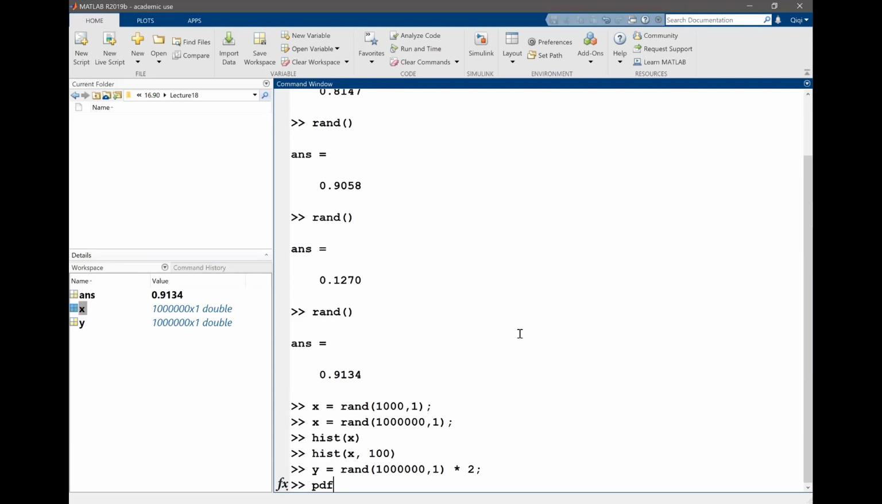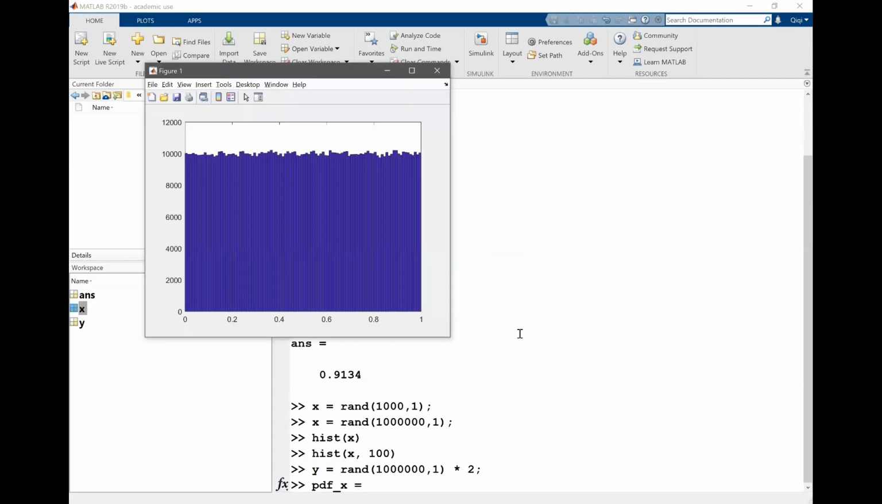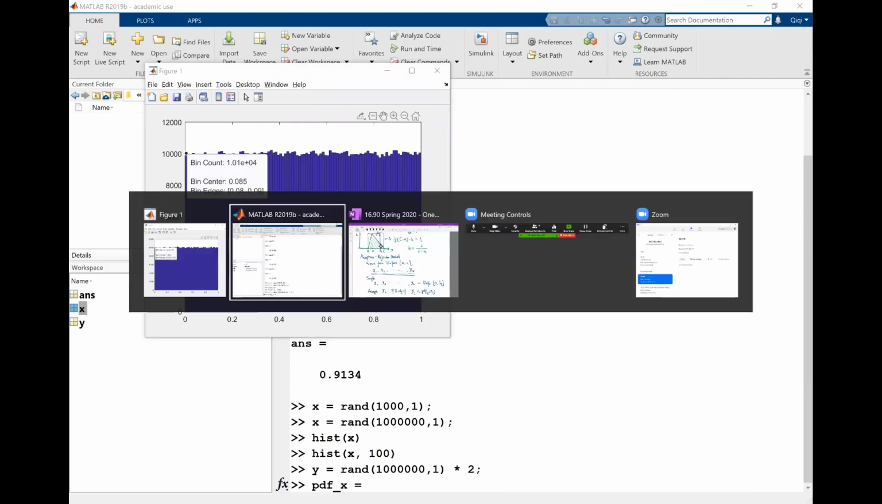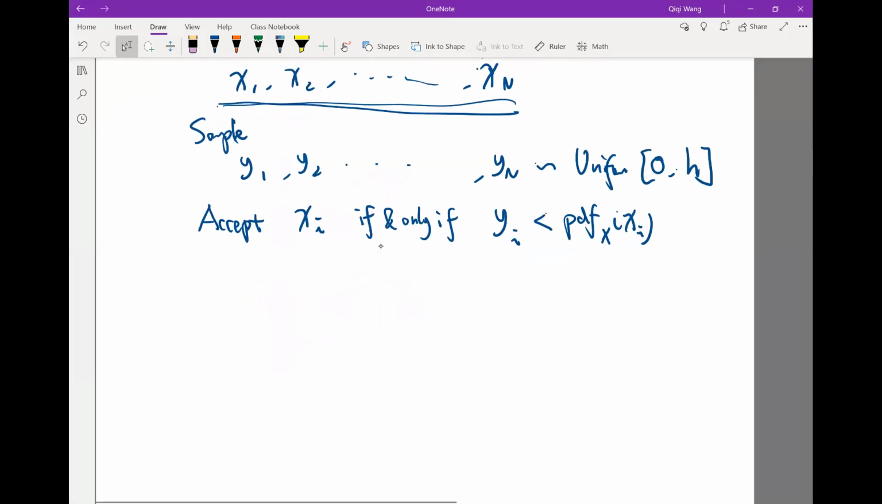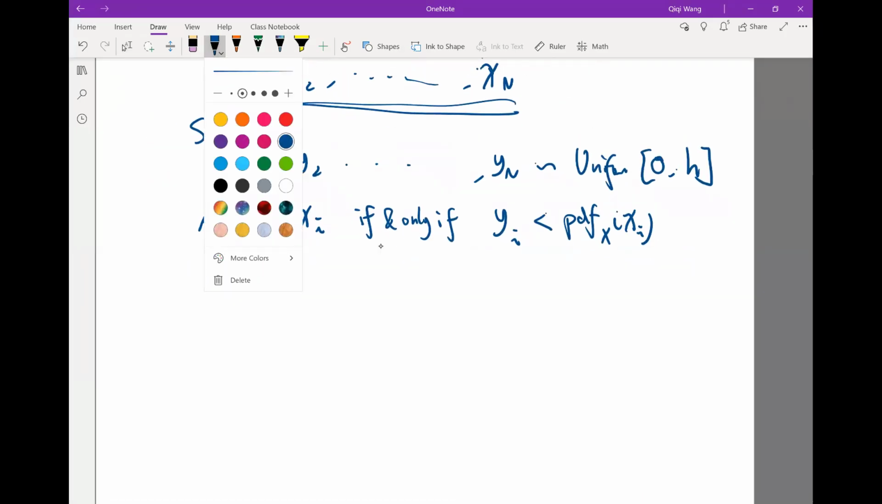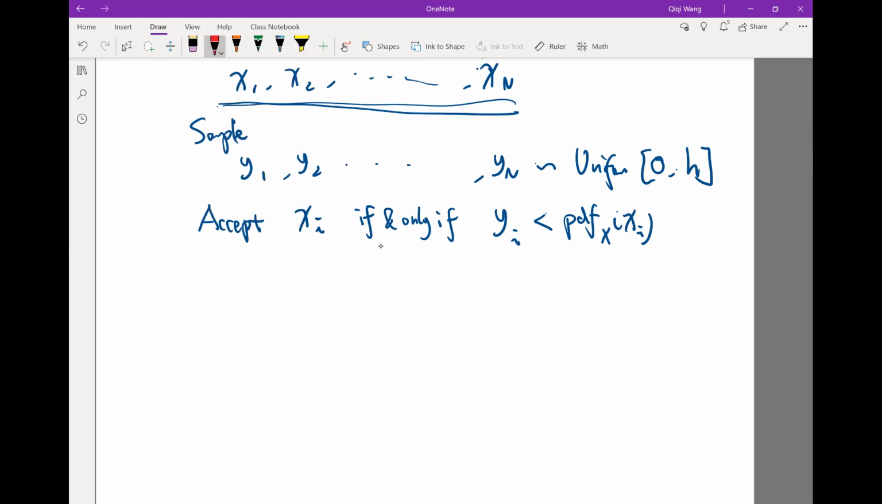Let me compute PDF x is going to be equal to, well, if I want a distribution that goes from 0 back up to 2, let's actually come back to here and compute the PDF for our particular example. So our particular example is we want a triangular distribution between 0 and 1. It peaks at 0.5 and the peak value is 2, right? So the PDF